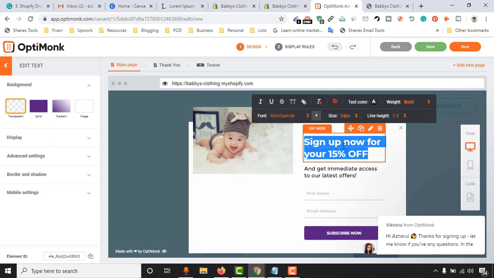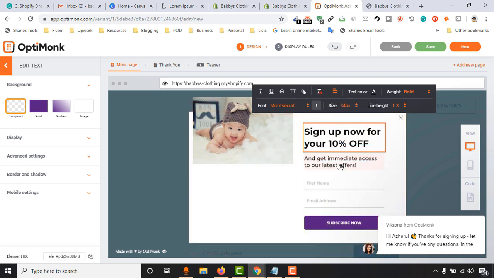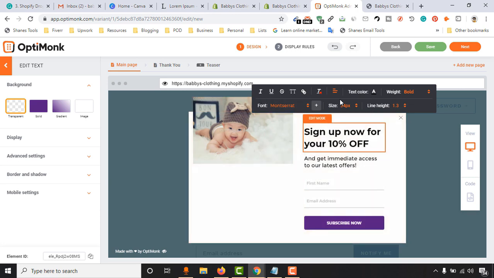And here we can edit our text. Sign up now for, let's say, a 10% discount or 20% discount, whatever you want, and then get immediate access to our latest offers. That's a catchy text here, and we want their first name and email address. Then they will have this option to subscribe, and you'll be able to change this text color and button colors as well, but we don't want to spend more time. These are easy, just use these toolbar options, as you can see. All right, and then click on this next button,